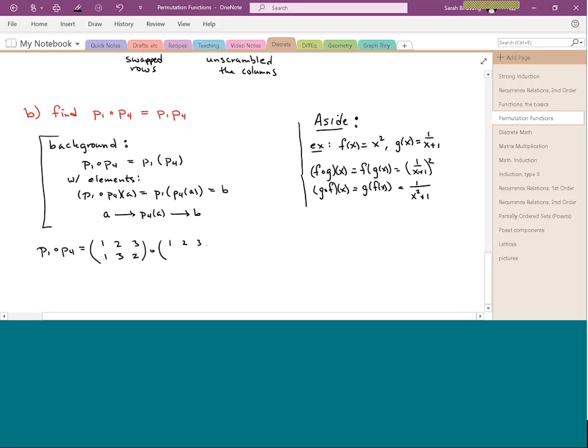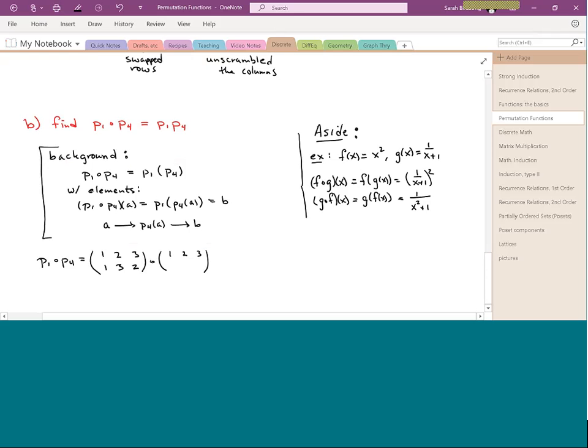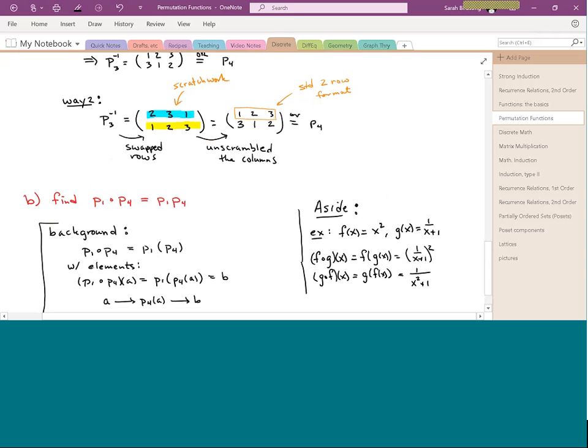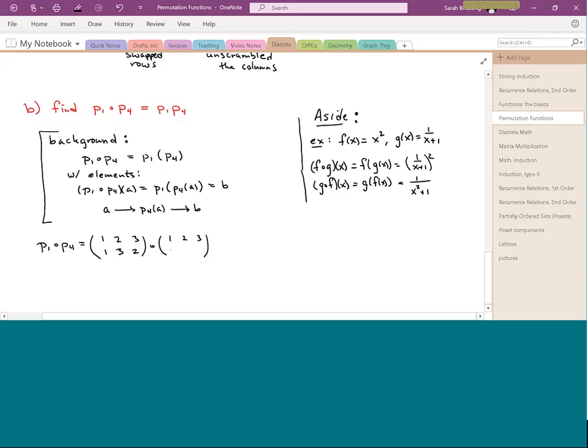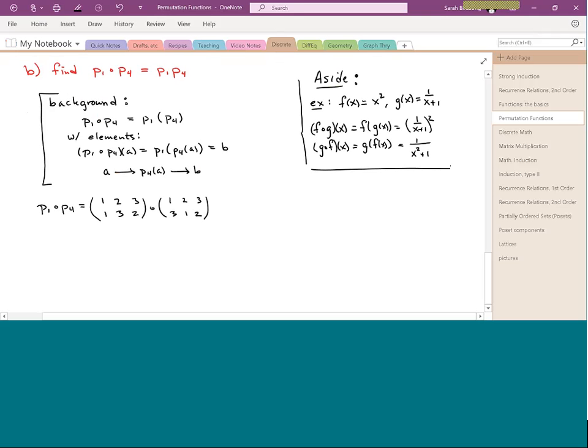And P4 was the guy we actually just calculated. That was our inverse. So this is 3, 1, 2. Okay. Now, our final answer, and actually let me go ahead and give ourselves a little bit more space here. Our final answer will be